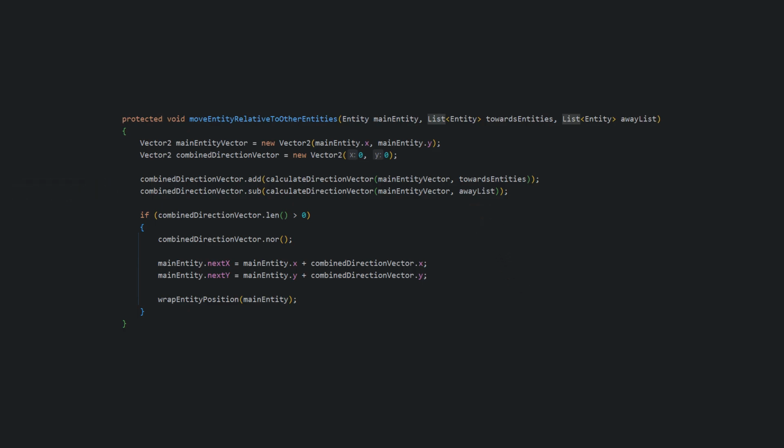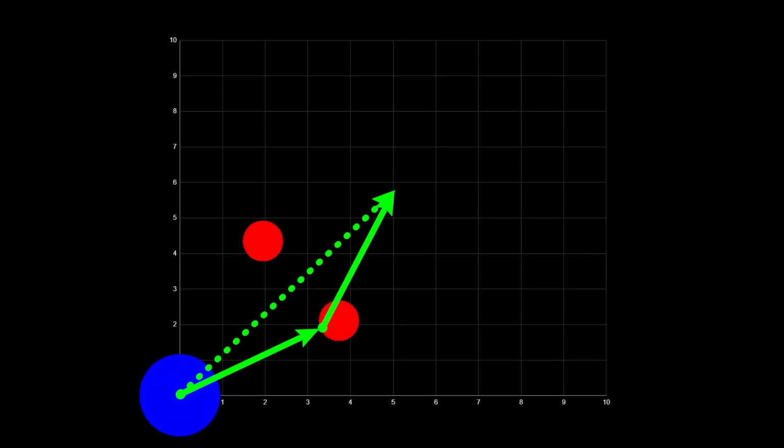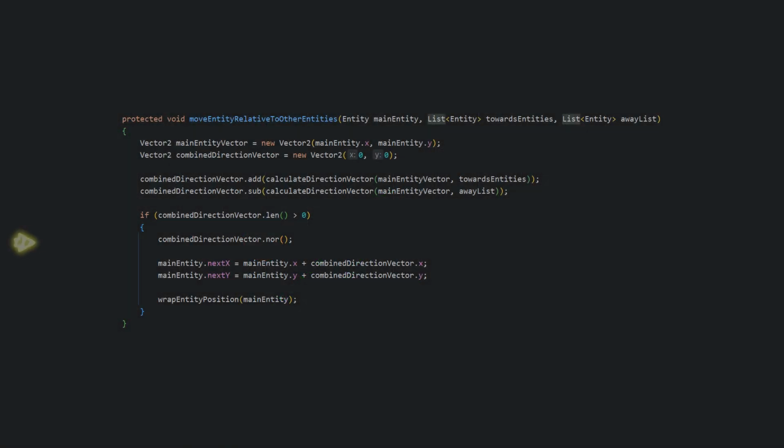instead of towards them. The next step is to normalize the combined direction vector. If you remember from the previous vector section of the video, when you add or subtract vectors, the angle will be correct, but the length may be off. Normalizing adjusts the length to be 1 unit of measurement, which in our case is 1 pixel. Calling the normalize method takes care of this for us. After that, we then add the new combined vector to the entity's next position values, that is next x and next y. Again, keep in mind we don't want to move the entities until after all the moves for every